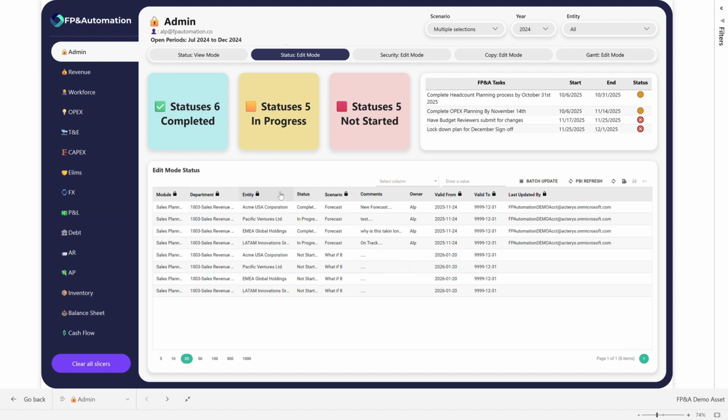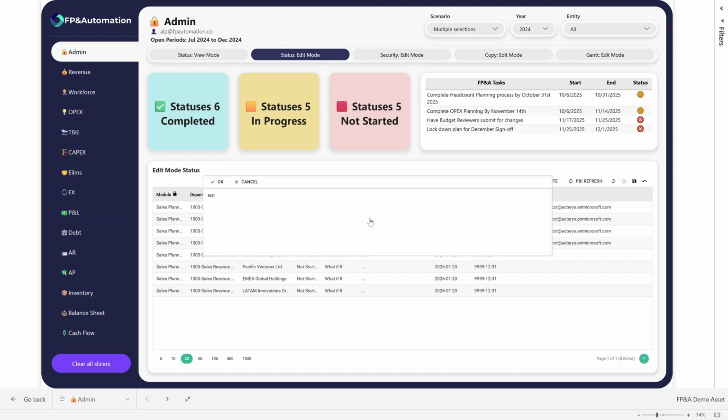And then in addition to that, we have the ability to adjust them. So imagine right now, I can go to this particular department and entity. I can make an adjustment using a drop-down selection from the Acterys table edit visual, giving me tabular editing capability right from within the model. And then in addition to this, I can also write a comment. So I can also go ahead and put a comment here that this department is now completed for 2024,